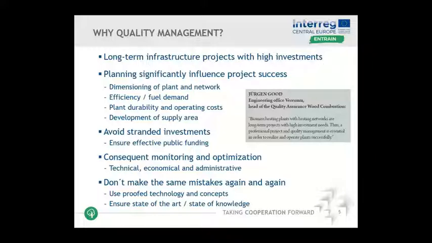First of all, biomass district heating plants are long-term infrastructure projects with high investment, and the planning significantly influences the project success. So it's very important to have a good quality from the beginning during the conception of a plant, and in the end to avoid stranded investments. Then also during operation to have a consequent monitoring and optimization. And as we also had in Austria a lot of troubles in the past, to not make the same mistakes again and again. So this all can be done with the help of QM also,